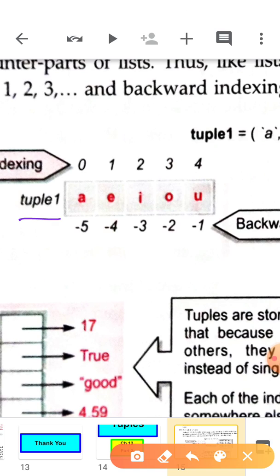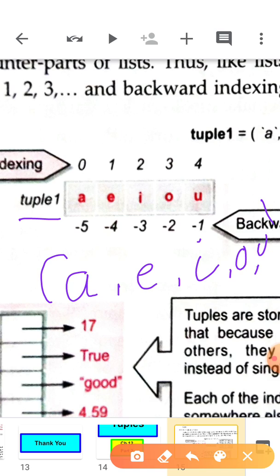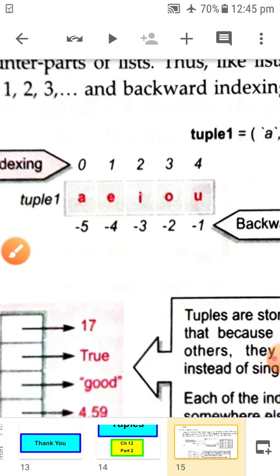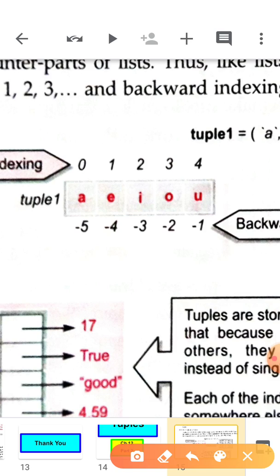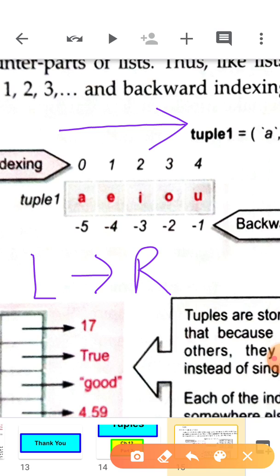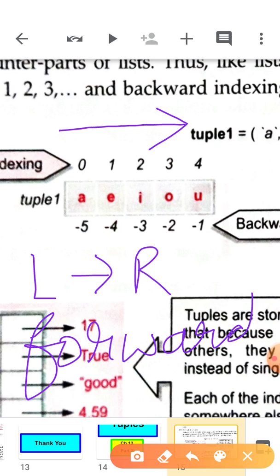Suppose you have tuple1, and in it you have a, e, i, o, u, all the vowels inside the tuple. Now, about the position of how they are stored inside a tuple: if you move in this direction, left to right, it is called forward indexing.